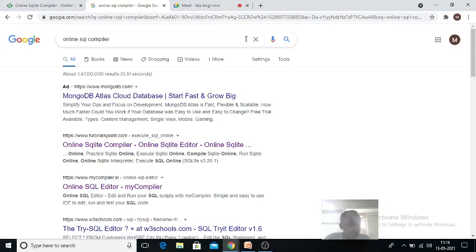When you hit enter, you will get a list of online compilers. You take the first one, which is the online SQLite compiler. Just click on this.